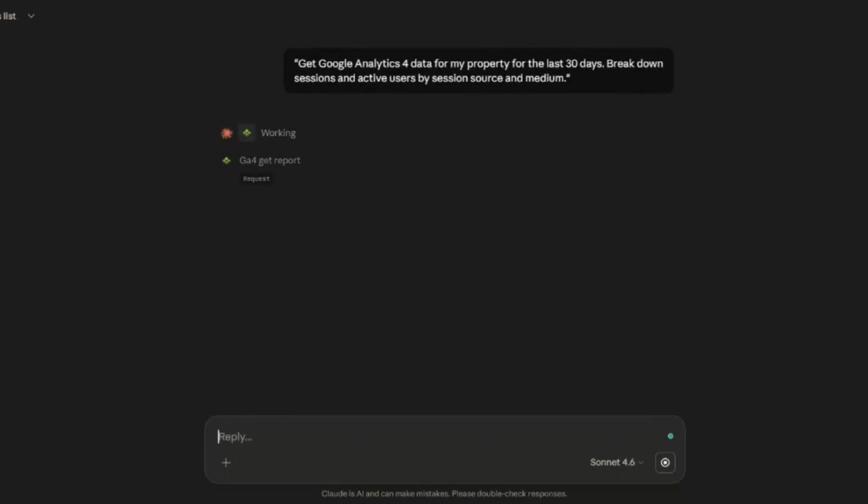Follow up immediately in the same conversation, filter by source, ask which channels are declining, or request a comparison to the previous period, all without leaving the same chat.